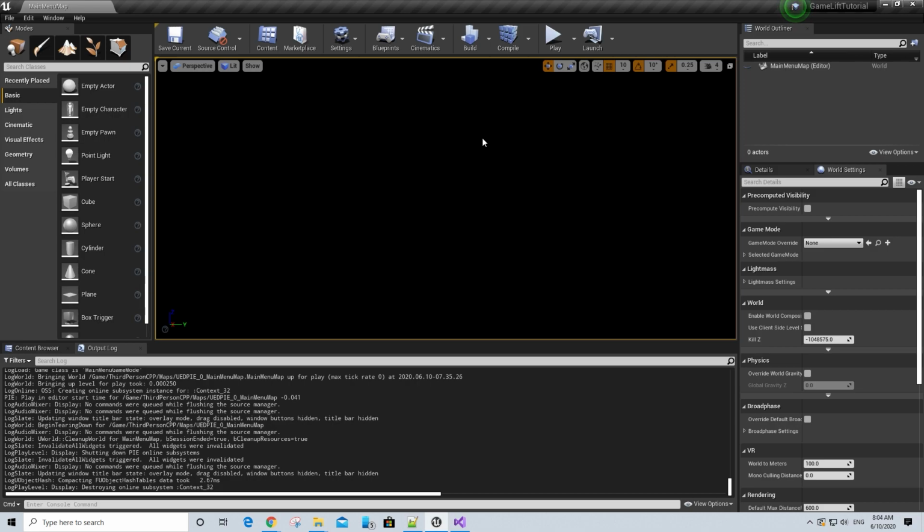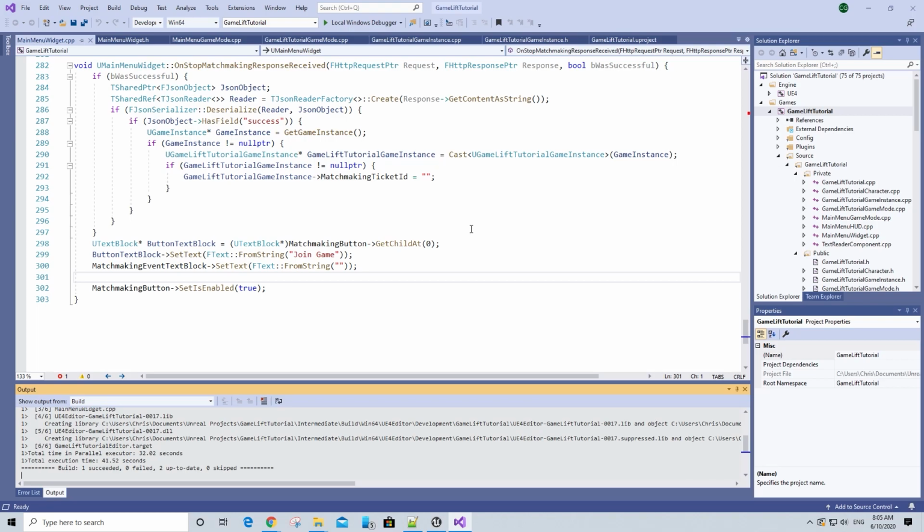And as long as the client is connected to the WebSocket, it will receive those messages without specifically asking for them. So I would highly recommend doing some more research in your own time if you want on WebSocket APIs. We will have links in the description below for more information on that. But for this tutorial, to make things really easy, let's go back to Visual Studio so that we can implement